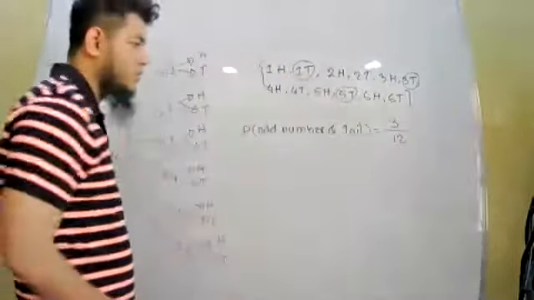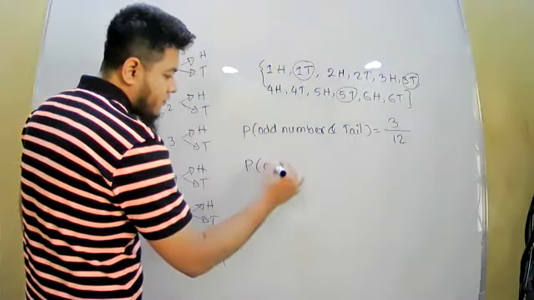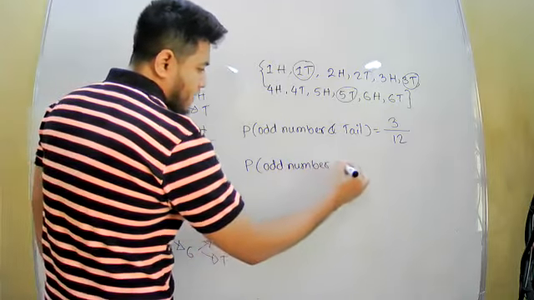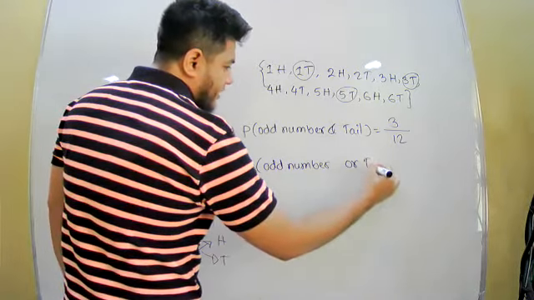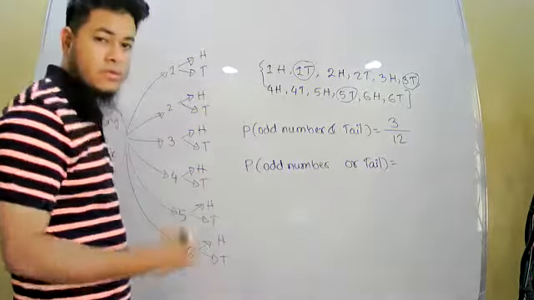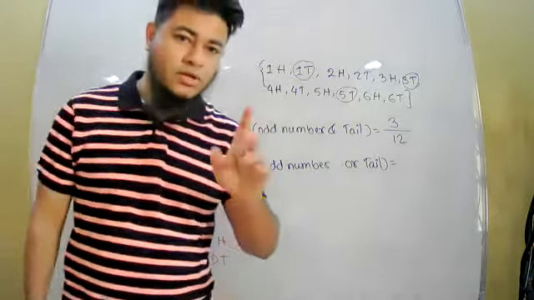Total 12 outcomes are possible, right? Now, if I ask you, what is the probability of odd number or tail? 'And' and 'or' have different meanings. What does 'or' mean? If I tell you,